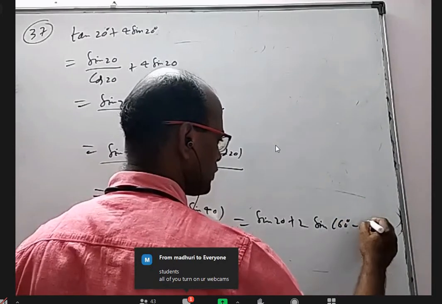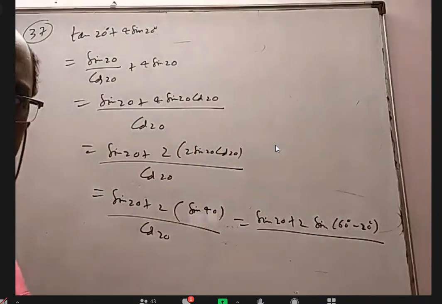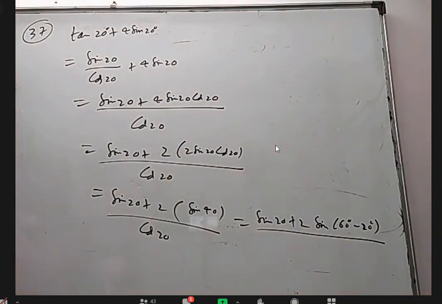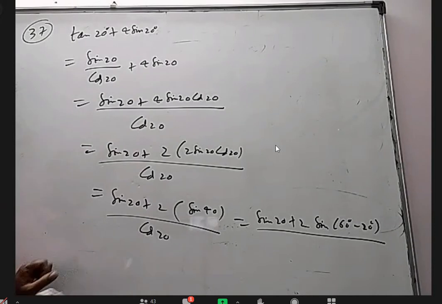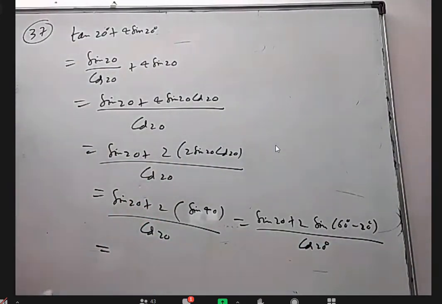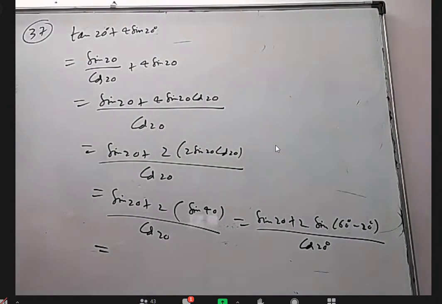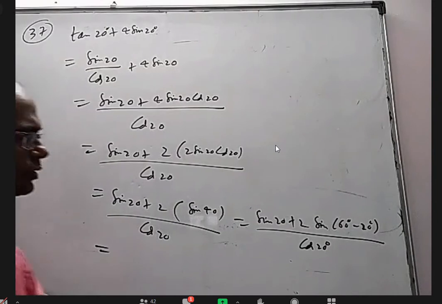Because the point is we don't know these angles. Somebody asks you what is sine 20 degrees, we don't know the exact value. If they ask cos 20 degrees, we don't know what the value is. But without knowing the value, we can manage this. That's the point. Even in the previous question, we don't know sine 6 degrees, we don't know sine 42 degrees and all, but we are able to tell the answer is 1 by 16, like that.